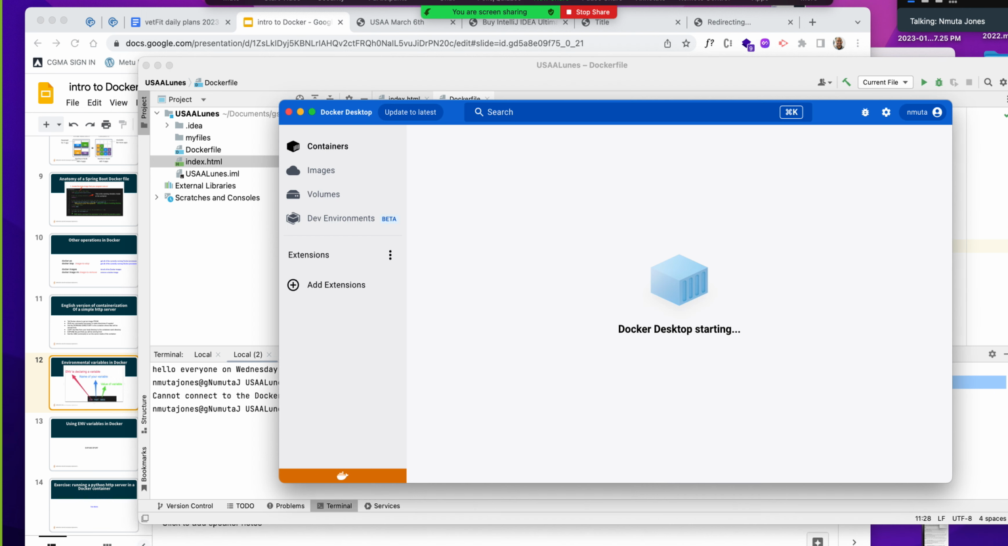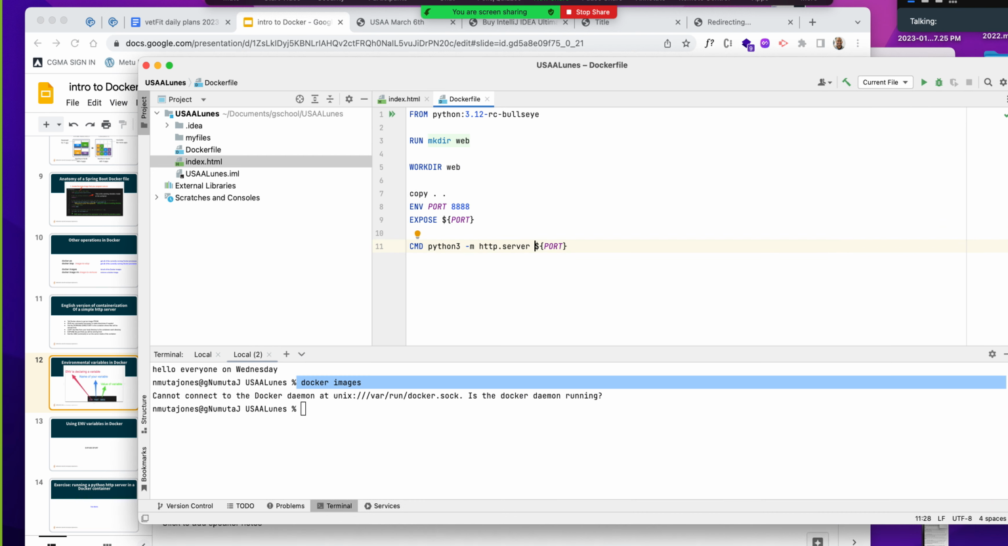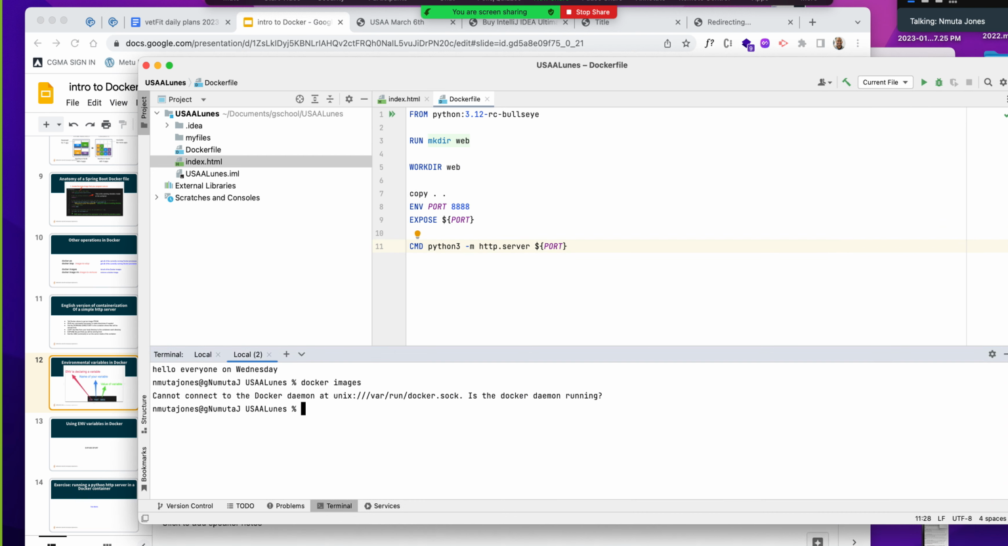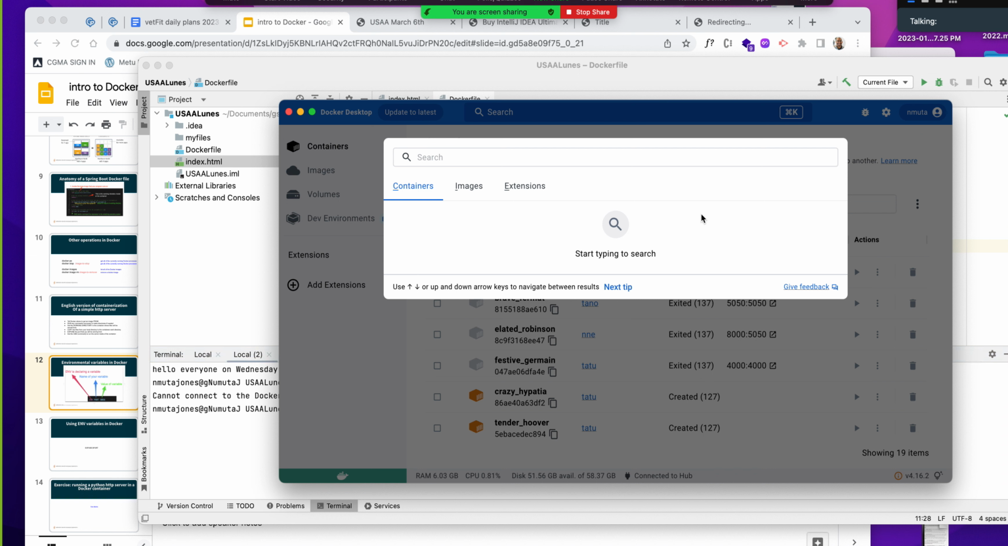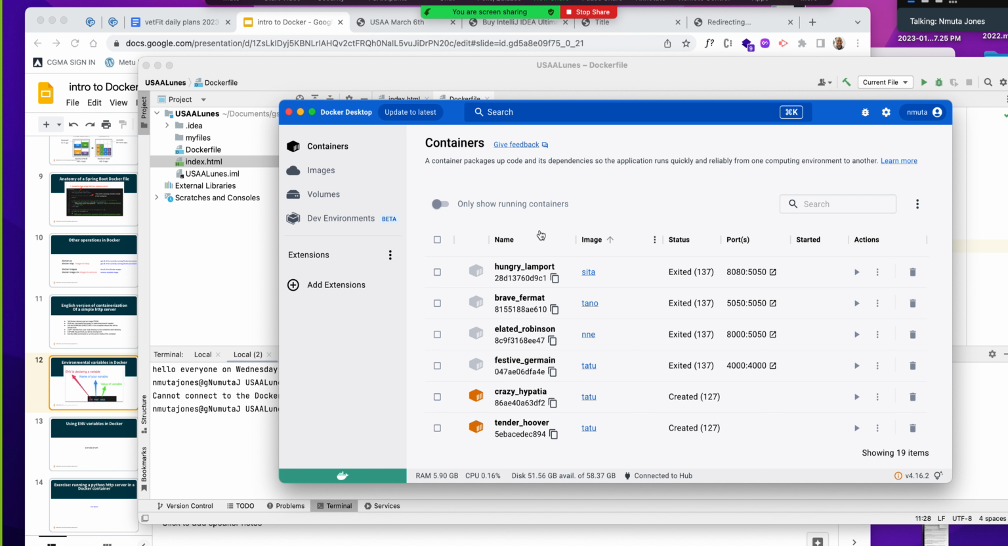Let's go back to Docker. Wow, I don't know why it's taking so long. Okay, finally, wow. Well, during the next section, I may have to reboot again, just not use the wheel at all. All right, so